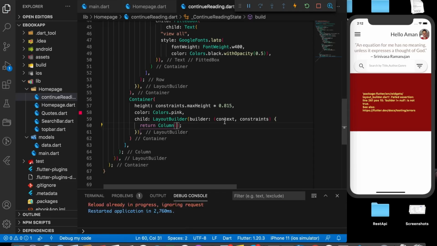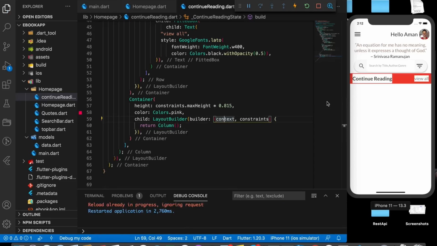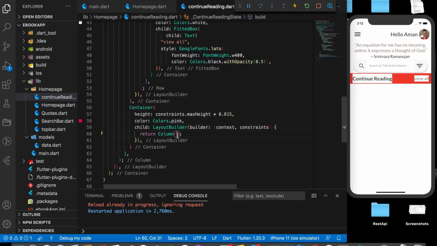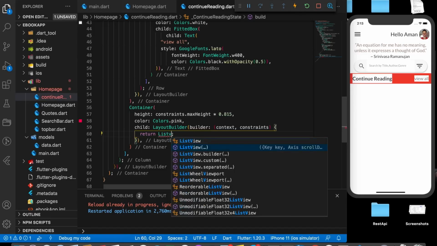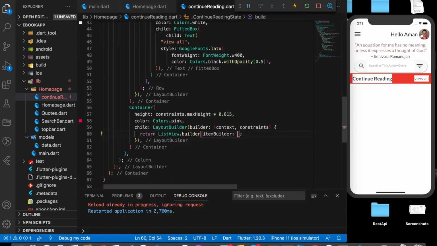Let me think. Should we use container and column, or should we use list view builder? Let's use list view builder instead. List view builder would be okay for generating the particular UI that we want. Now pass the item builder, and this item builder is like that of layout builder,